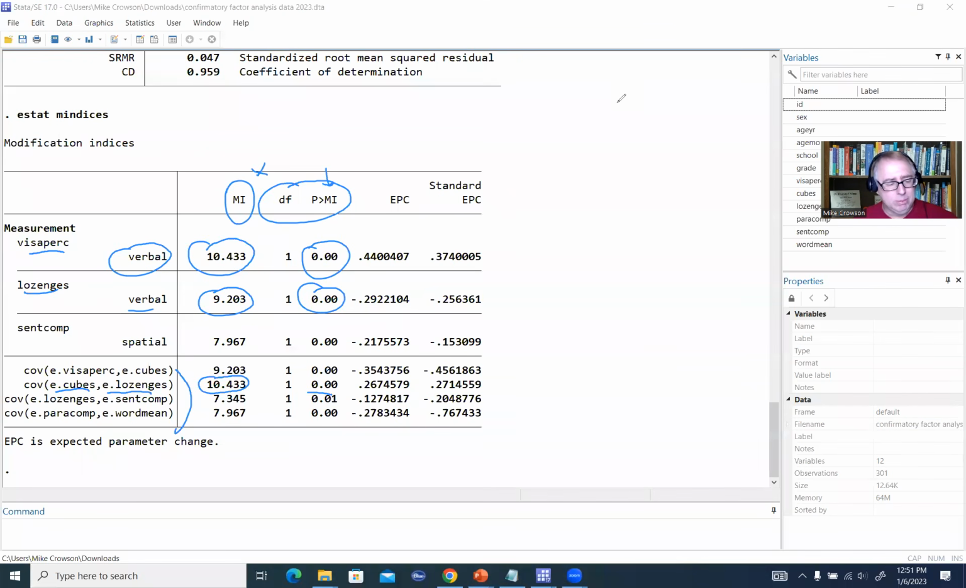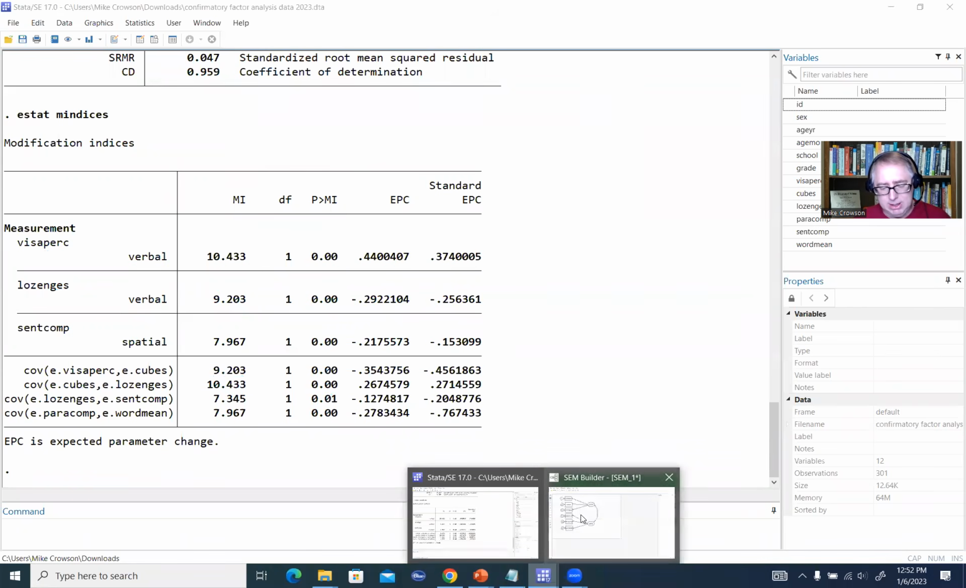So what we're going to do now, and I will mention too that there's another approach to looking at some of these things, which is to look at residual matrices, and I discussed that in that PowerPoint. So I'm just going to move on at this point to the next step that Whittaker and Schumacker used, which was to add in that covariance between the measurement error for cubes and lozenges. So we'll go back into our path builder